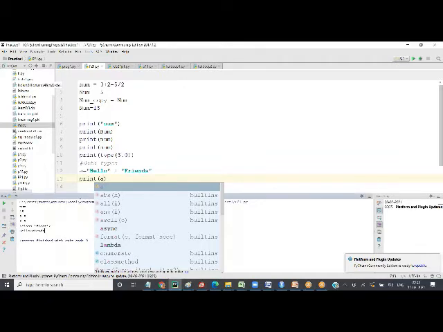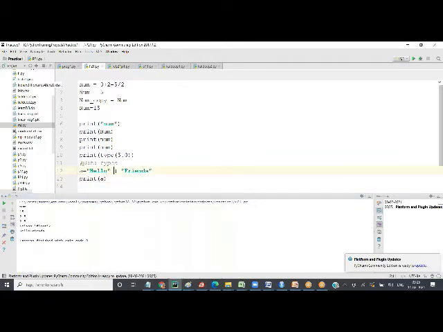So you can concatenate. When you put plus between two numbers, it will do the sum. When I say 4 plus 5, it will give me what? 9. When I say hello plus friend, it will give me what?